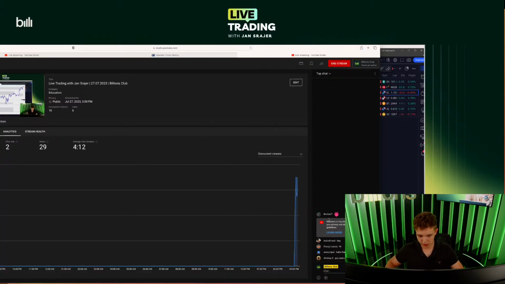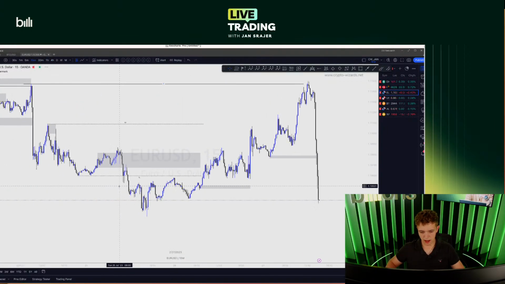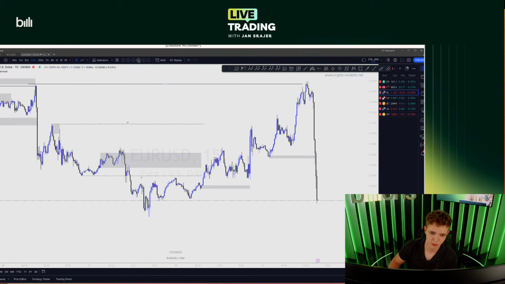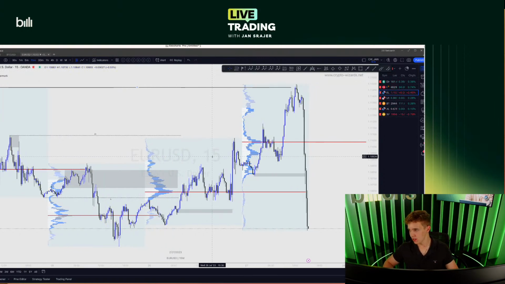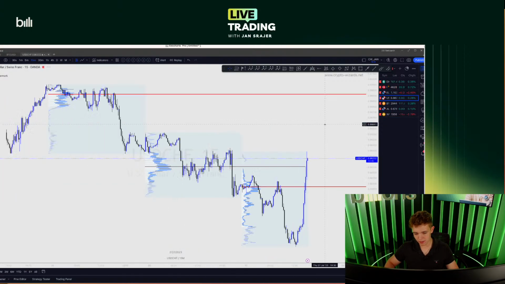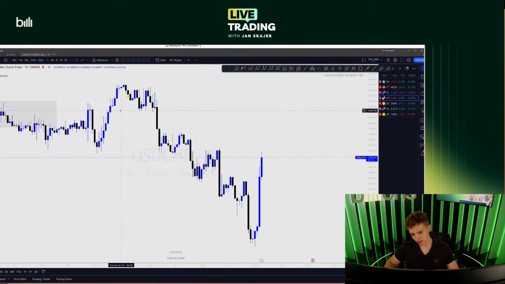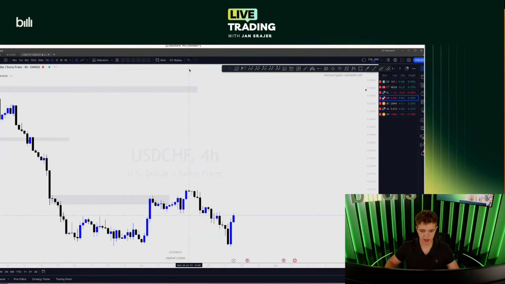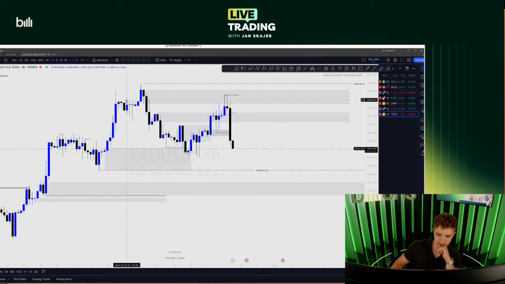So we're gonna go through the Euro USD chart, looking for some potential trades. The plan for today is that I'm gonna remain a bit passive until the US session start, which we still have 15 minutes. Then I'm gonna start looking for trades, because I don't believe that we can get a move to the upside yet before the US session opens, and I also don't believe that US session will keep pushing down. So basically the bias that I have for today is that I'll be looking for a small retracement during the start of the US session. That's basically the plan that I have.